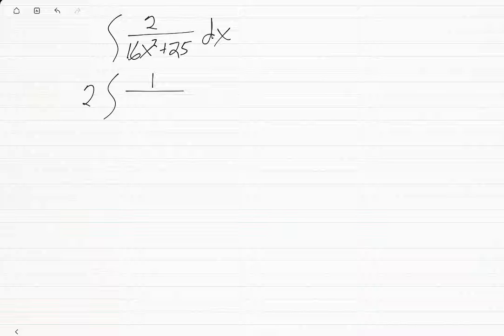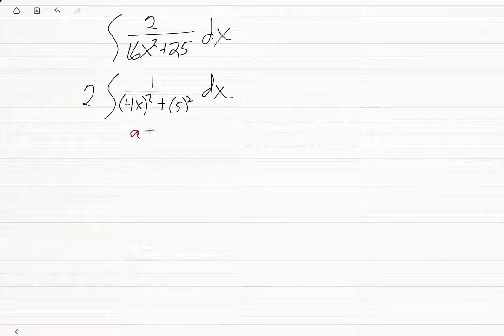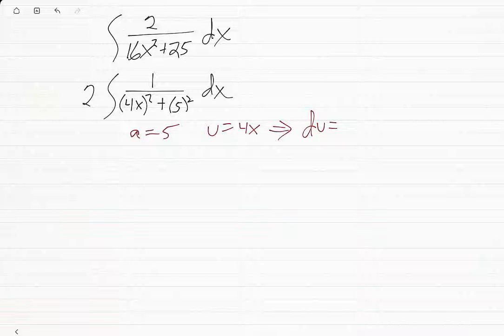And you saw the 16x squared as a 4x quantity squared, and 25 is a 5 squared. But here's where we have that little issue, and I tried to always warn you about this: in our general arctan formula, we can see here that a is 5, u is 4x, so that tells us du is